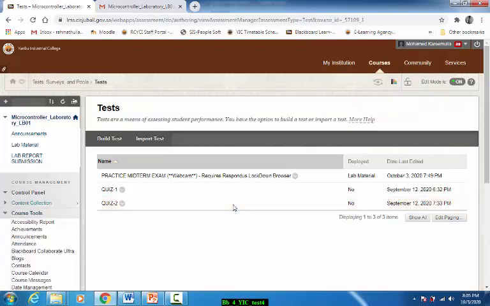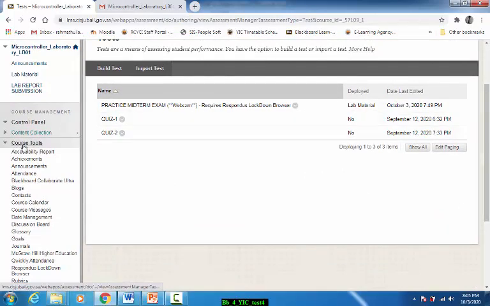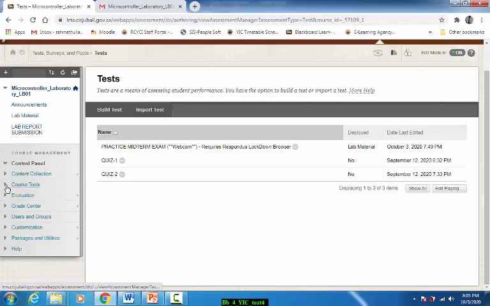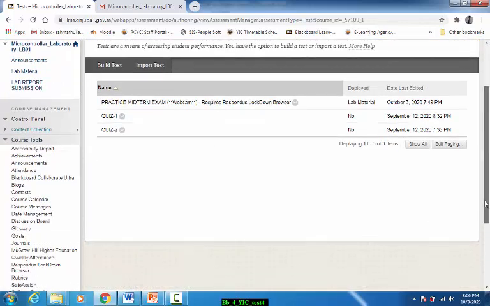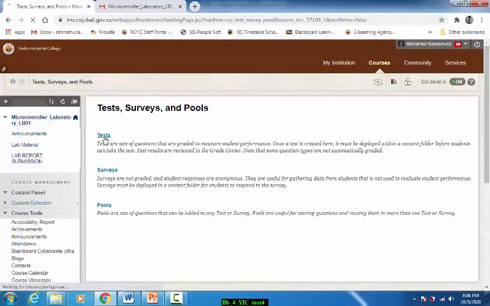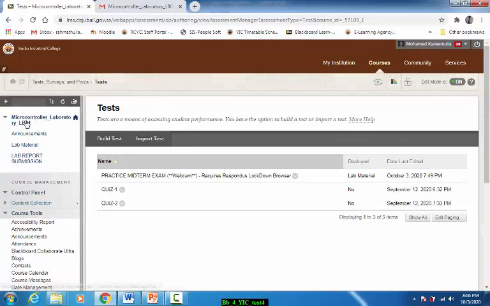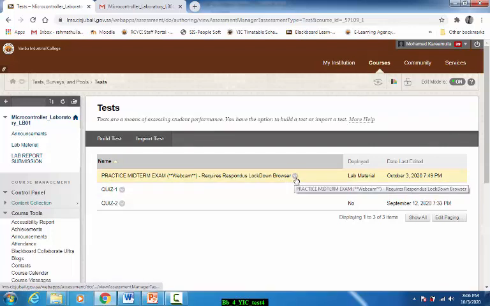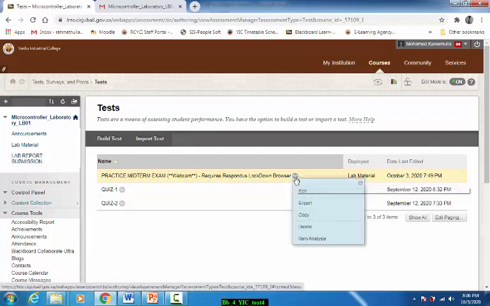Go to course tools, go to test, and go to your tests. Now I am in section 1. I want to copy the practice midterm examination to another section. What I will do is click this and say export.